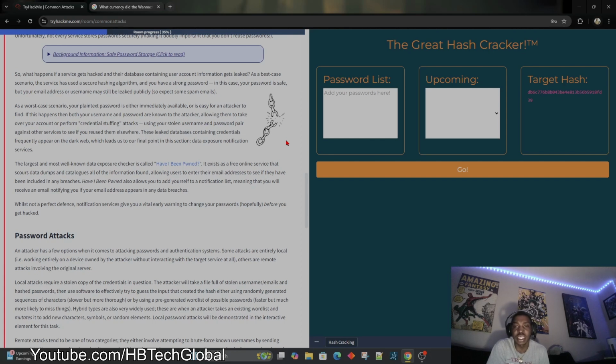These leaked databases containing credentials frequently appear on the dark web, which leads us to our final point in this section: data exposure notification services. The largest and best-known data exposure checker is called Have I Been Pwned. It exists as a free online service that scans data dumps